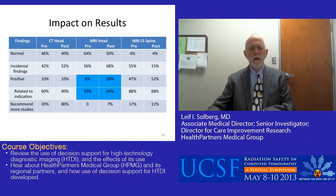The results of the order, as indicated by review of the radiology notes, were as follows. For CT head and MRI head, approximately 50% of the studies were normal, but as you might guess, a much lower percentage for MRI of the lumbar sacral spine, and